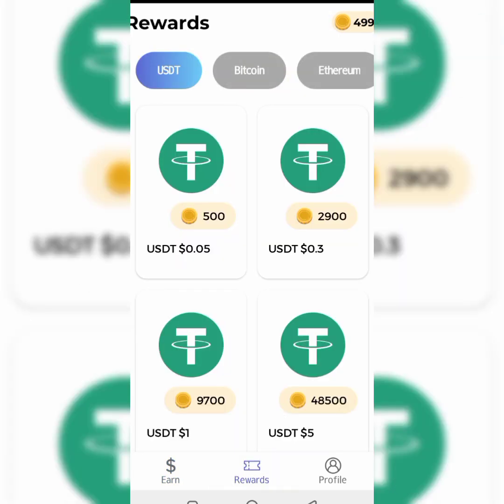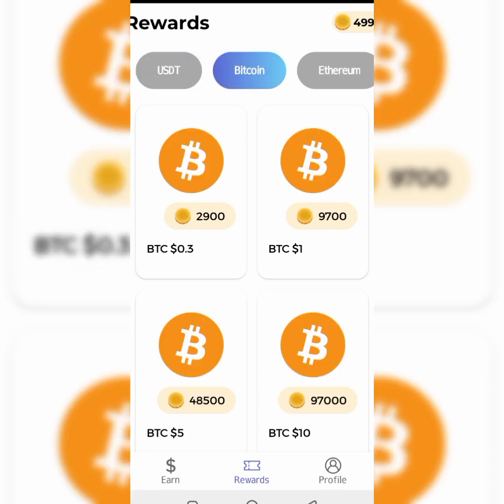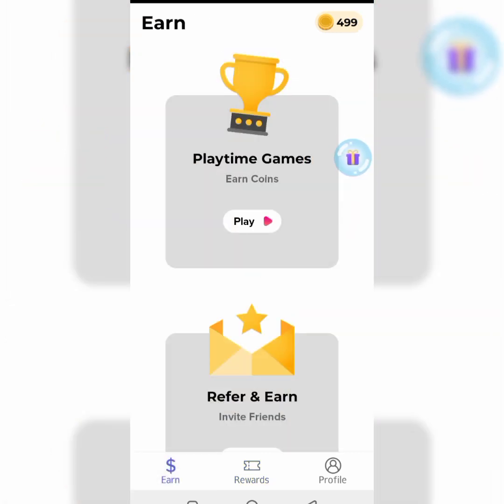As you can see here, the minimum amount of money you can withdraw is 0.05 in USDT, and then the minimum amount of money you can withdraw in Bitcoin is 0.03 dollars. So I'm going to walk you through step by step on how to get your first money playing